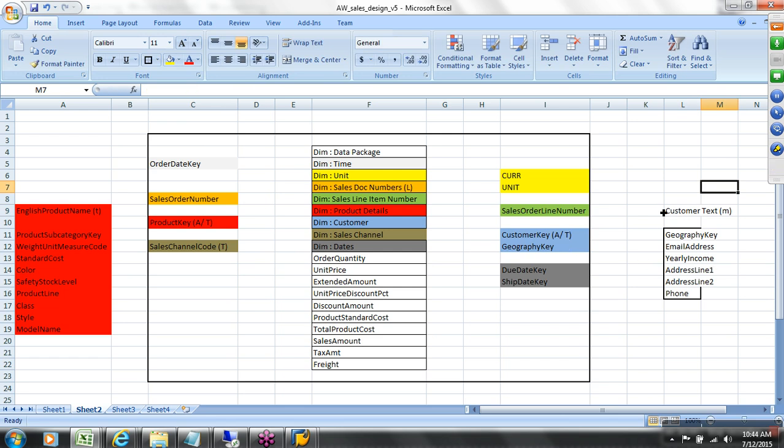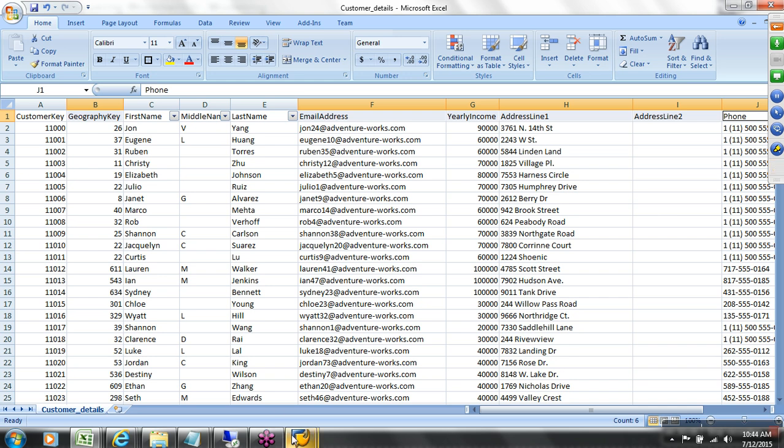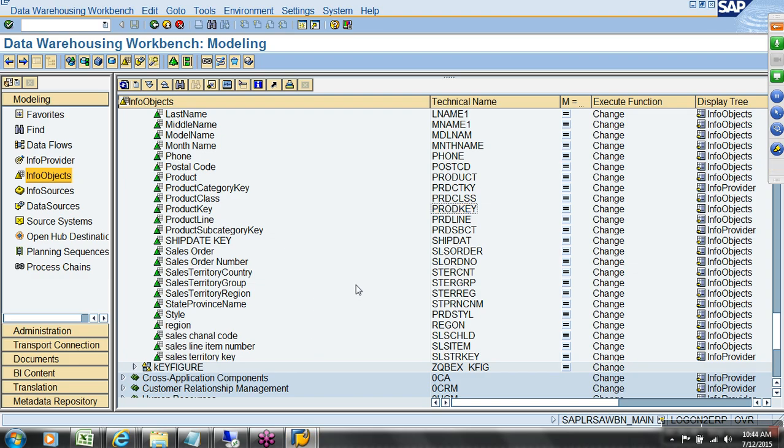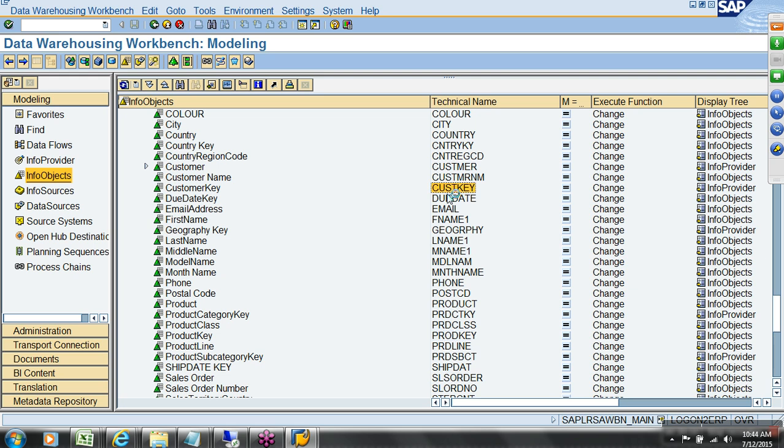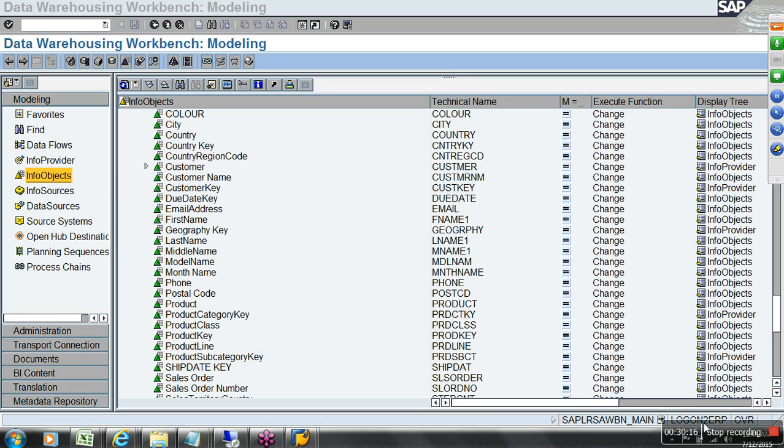Yeah? So now let me formulate the text table for the master tables for customer. Yeah. So I'll go to what? I'll go to characteristic customer key. Right click. I would like to save